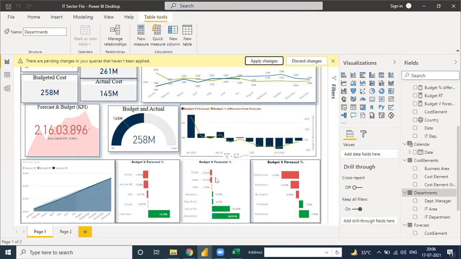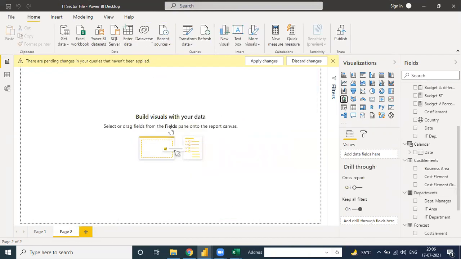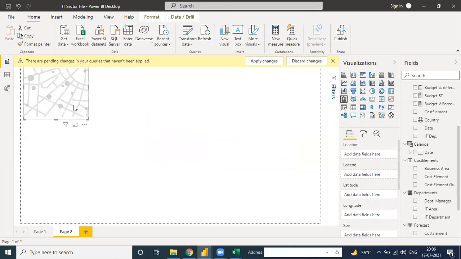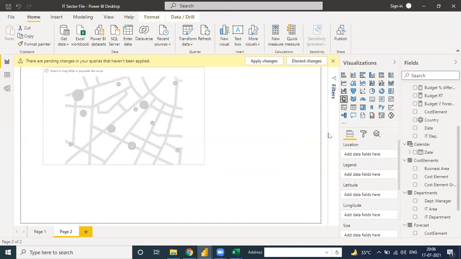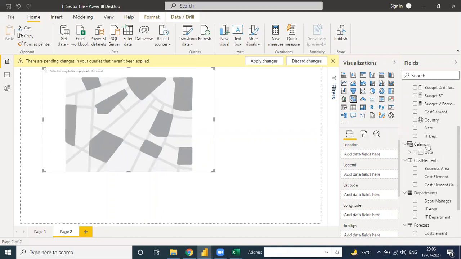So if you have any doubt or any concern related to chart, then do one thing. See, go to here and click on the chart. Okay, these are the charts. Suppose you take this one, and when you put the country, see this is the country.